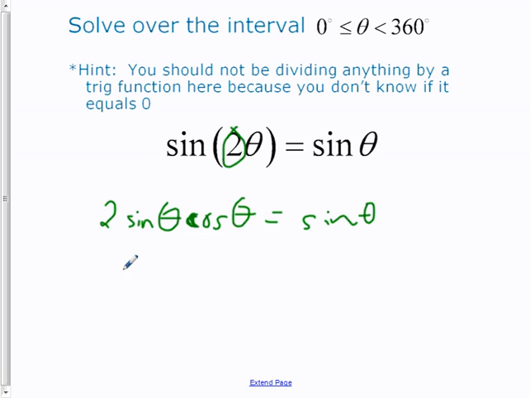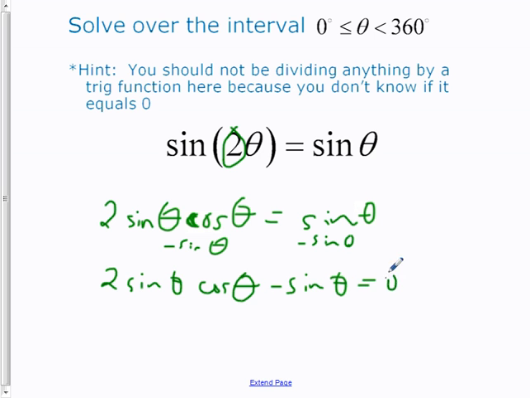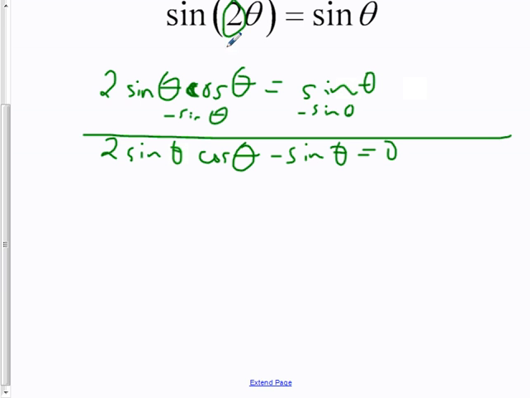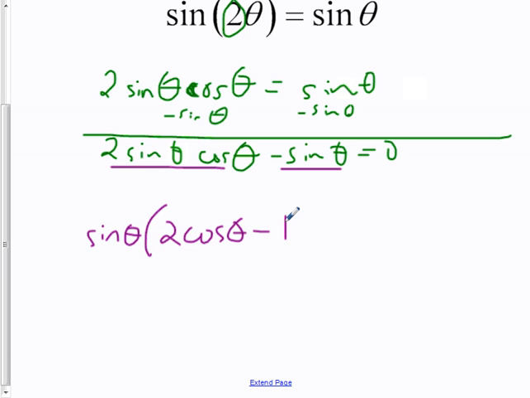And what we're going to do here, we're going to get them both to the same side because we're trying to factor, which means I'm subtracting sine to both sides. Alright, so subtract sine to both sides. Now we want to see, is there a common factor between that and a common factor between that? There is. It's a sine. So we take out a sine of theta, and what you're left with is 2 cosine of theta minus 1